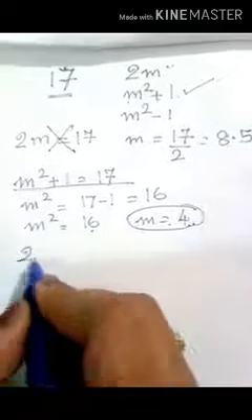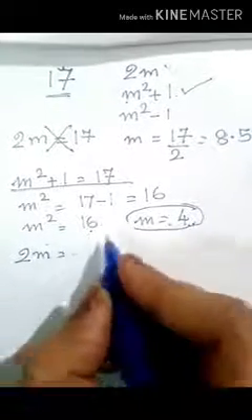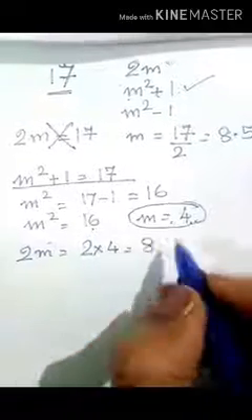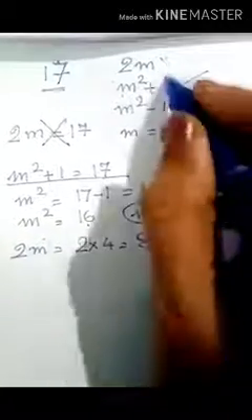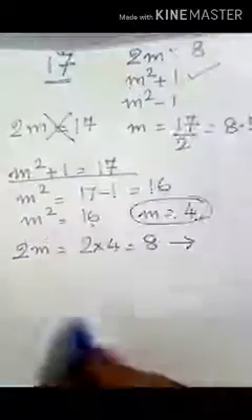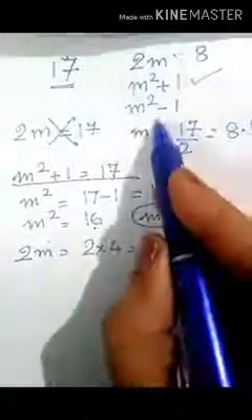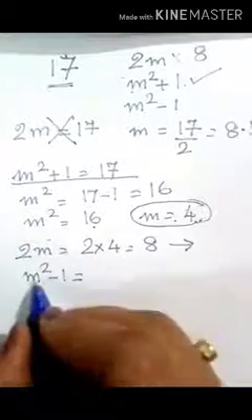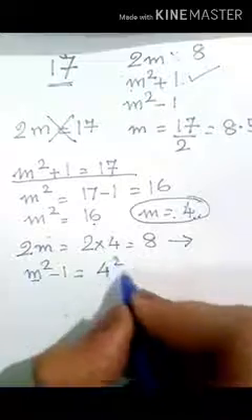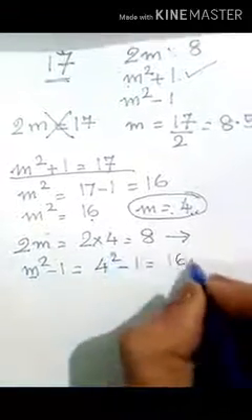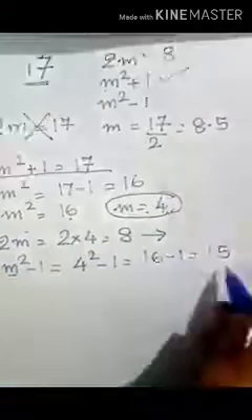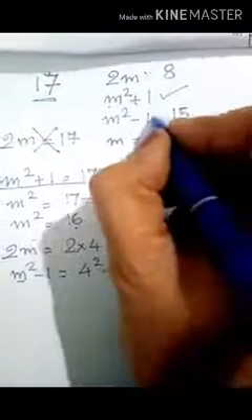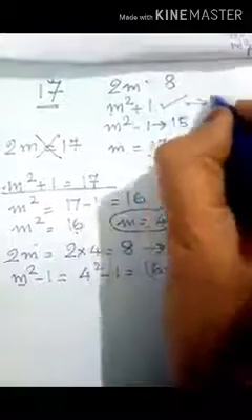Now let me find out 2m. Placing the value of m. So 2 into 4, because my m is 4. 2 4s are 8. This is my first number out of the triplet. This one. This is 8. And the next one I have to find out is m square minus 1. So let me equate it. M square minus 1. So what is m? 4. So I have to find 4 square minus 1. 4 square is 16 minus 1 gives me 15. So m square minus 1, the next number is 15. So this number is 15, m square minus 1, and this I already equated as 17.